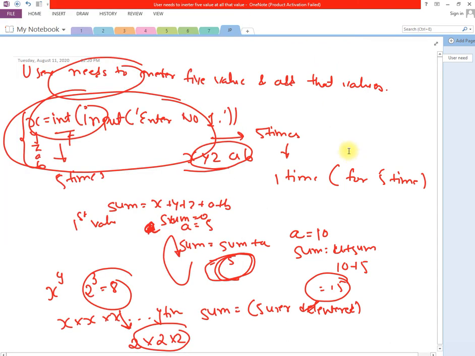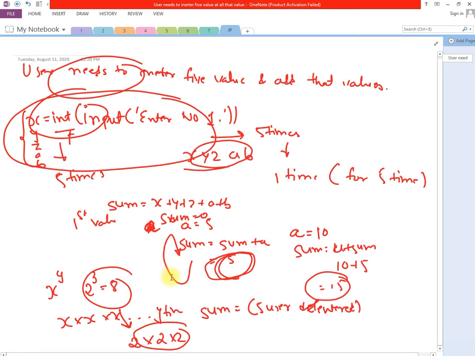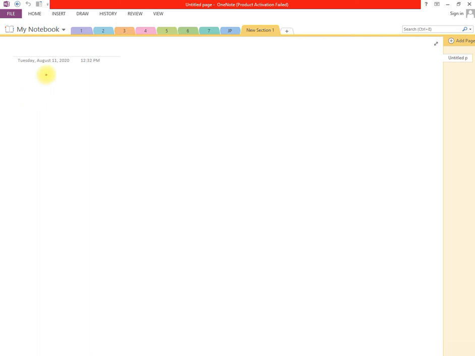In this case what will happen, here I am writing my for loop, for i in range y, and here I have result is equal to result into x.